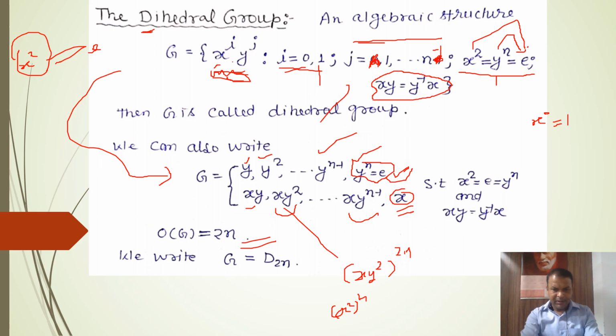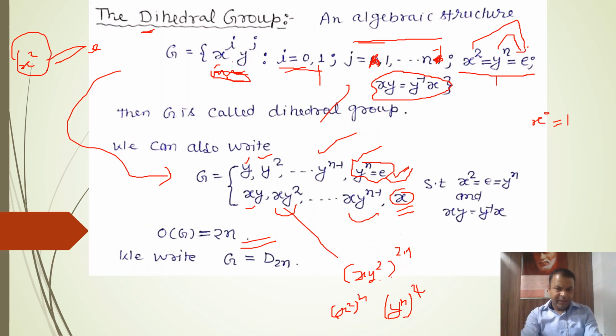And for this second variable, you will write y to the power 2 to the power n, that is y to the power 4n. So you can write it as y to the power n to the power 4. This is the mathematical associativity and commutativity between integers. So you can write it as power 4.